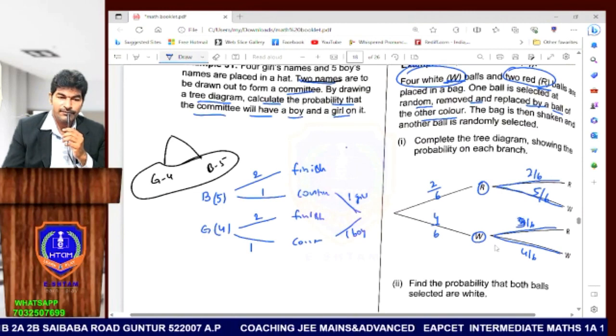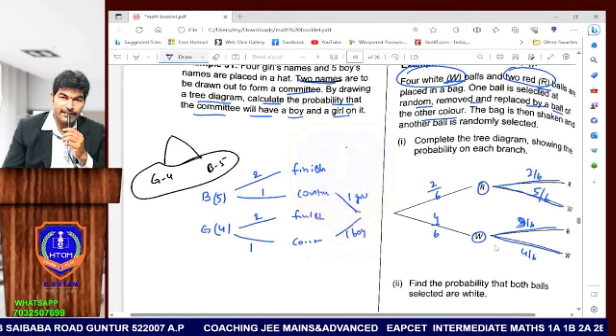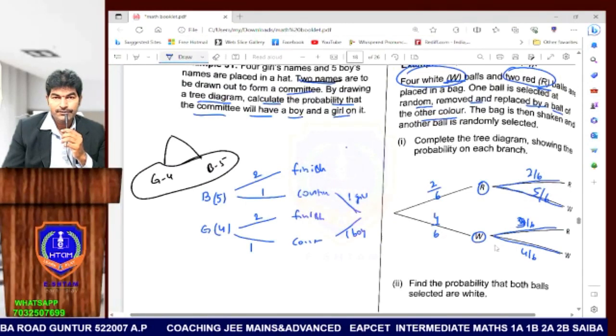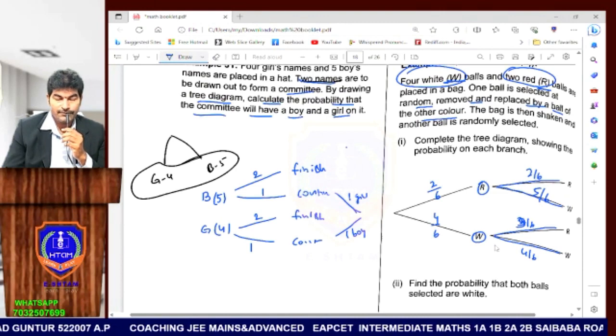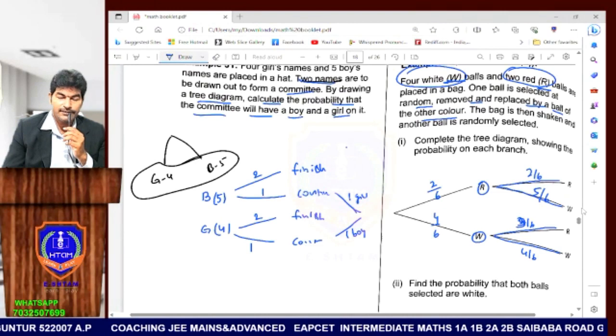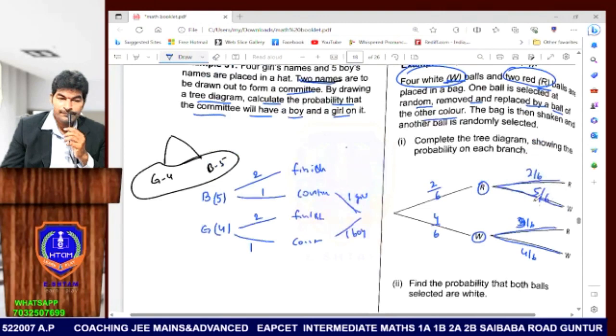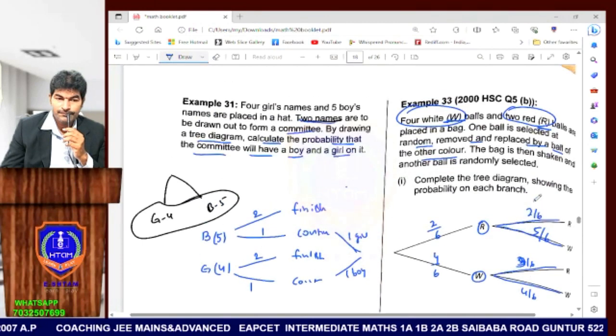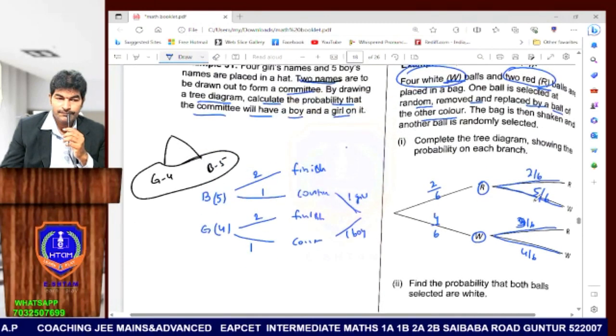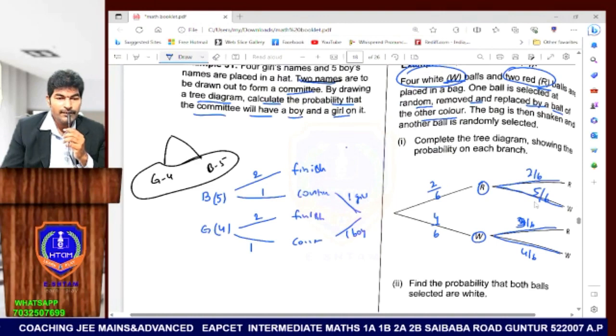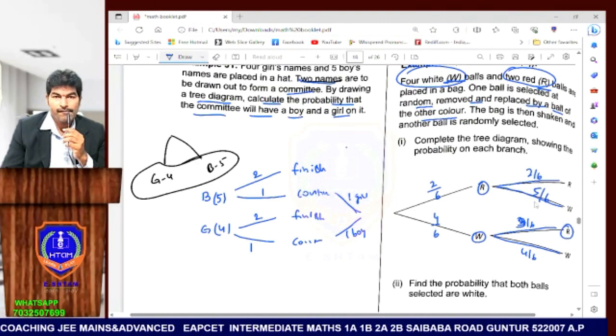3 more red balls now, right? One white ball removed, one extra red ball is added to that. So now, how many are in the bag? Now the red balls are 3 out of 6, the same, because one ball was removed and one ball was added. So 6. Understood? If you take one white ball out in this tree, isn't it going to be 3 out of 6? Red ball, red ball. Look at this red ball, the one below. If you take one white ball